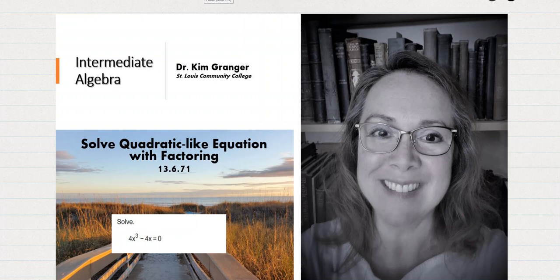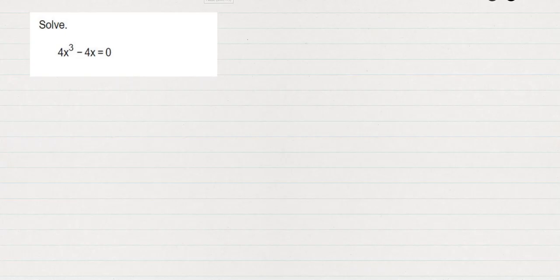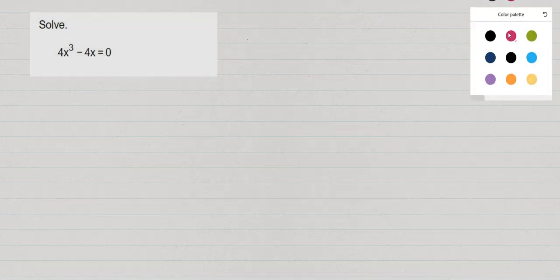In this example, we'll look at how to solve an equation by factoring, even though it's not a quadratic equation. Here's the example, 4x cubed minus 4x. And it's not quadratic because it's not an x squared, but it's what I'm going to call quadratic-like. And we're going to solve this the same way that we would solve a quadratic equation by factoring, and that's